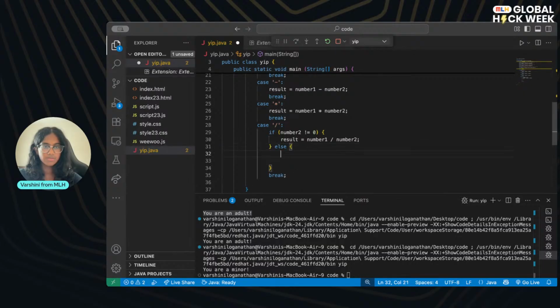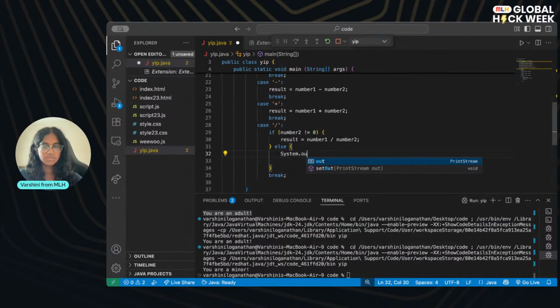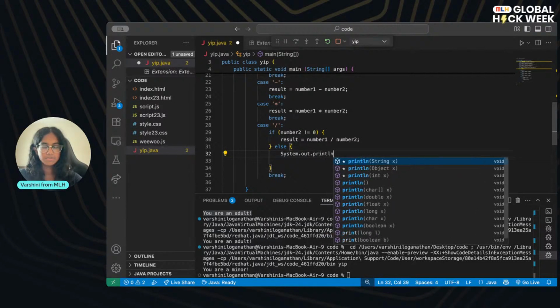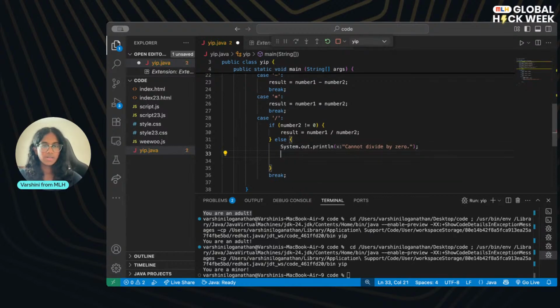And then we're going to go to our else statement. We're going to say else, we're going to do system.out.print. This is why it's important to type. Sometimes you'll forget. And we're going to do cannot divide by 0. We're going to tell the user that, like, don't do that. You can't divide by 0. And then you're just going to return. The reason we're doing return is because you've already given this statement, and return ends the entire program that's running, and you want to end the program at this point because the user's given you a number that you can't use anymore.